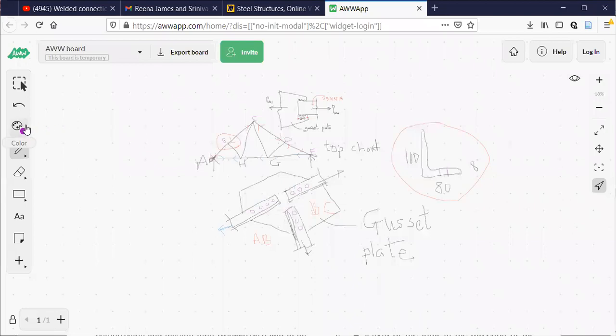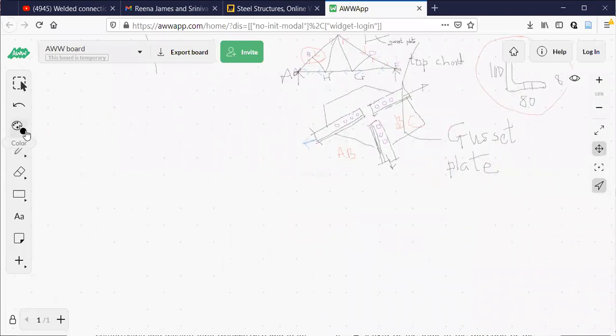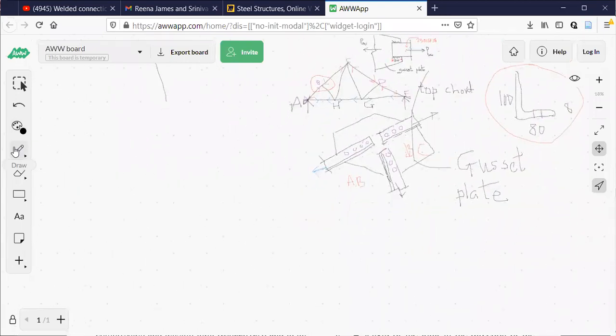Now you can see here. When both the legs are of the same size, this is 20, this is also 20.